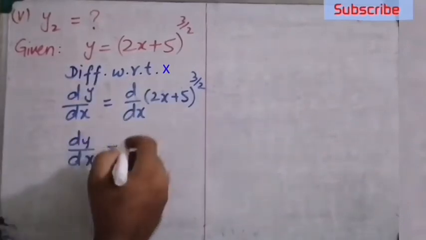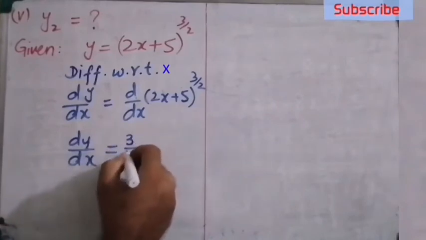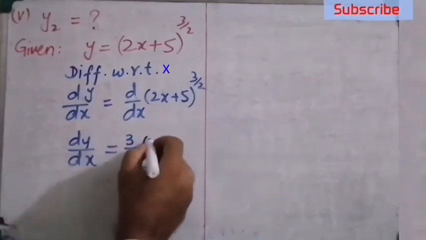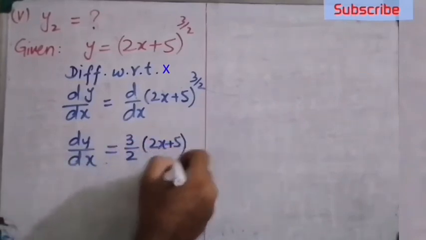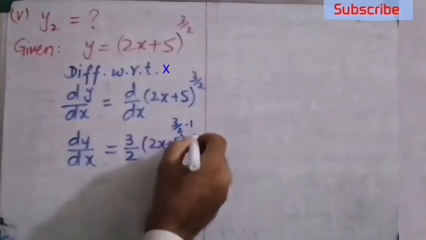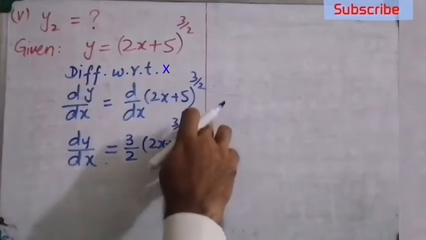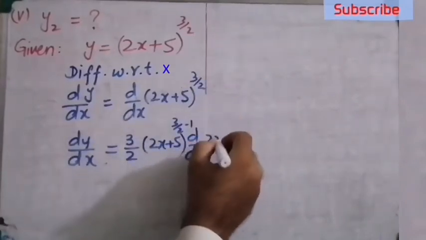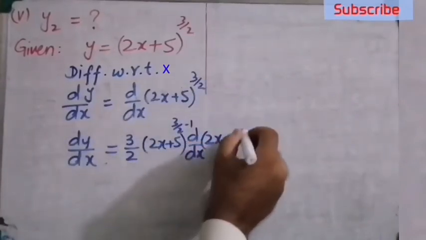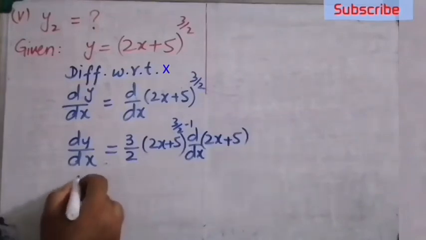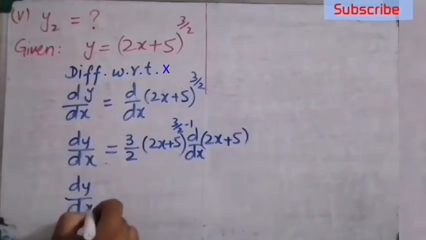The power rule says the power must be brought in the beginning. So 3 by 2 is in the beginning. Then we subtract 1 from the power, 3 by 2 minus 1. Then we differentiate the function without power. The function without power is 2x plus 5. What do we do next? dy by dx is equal to